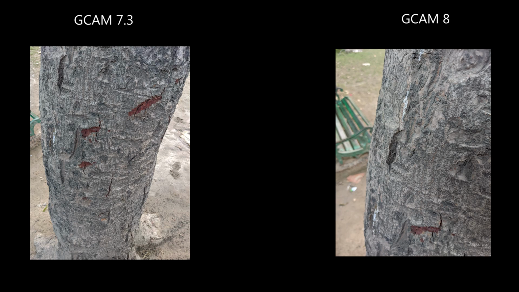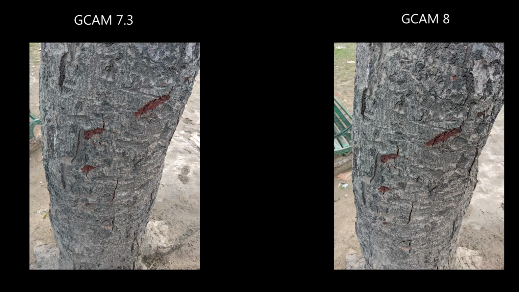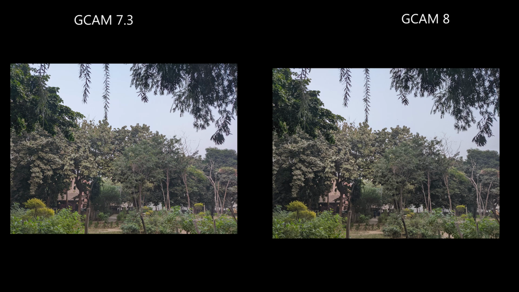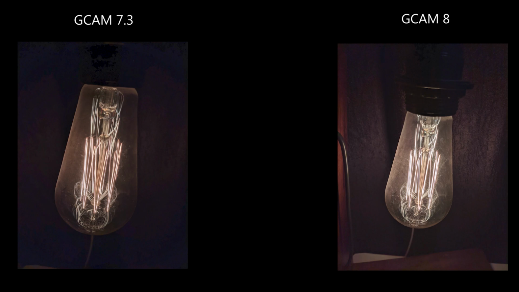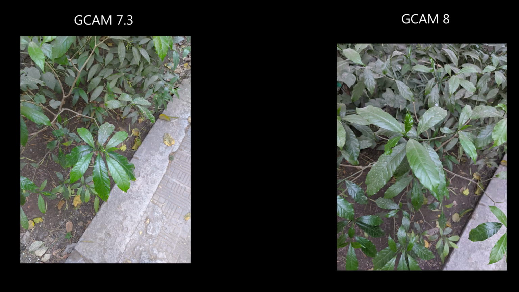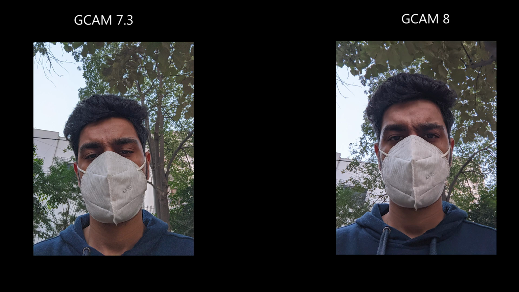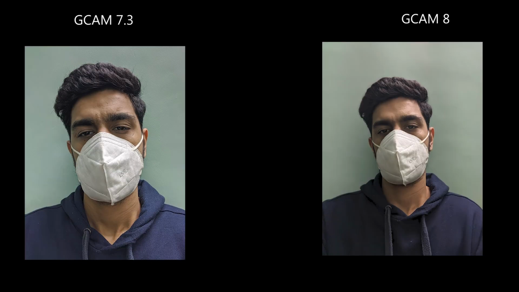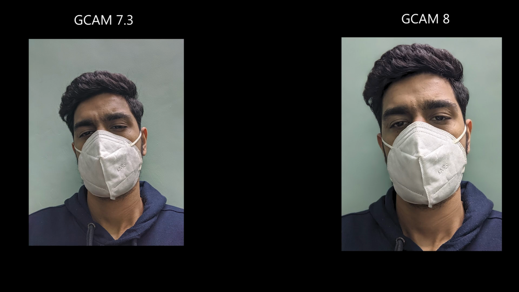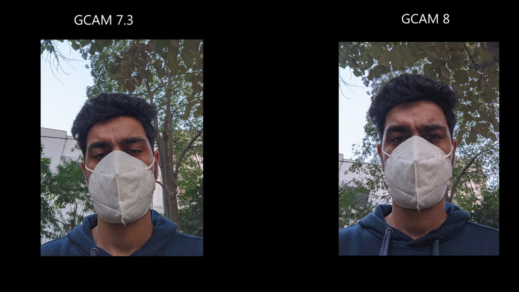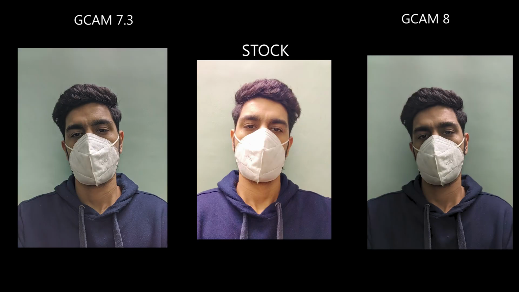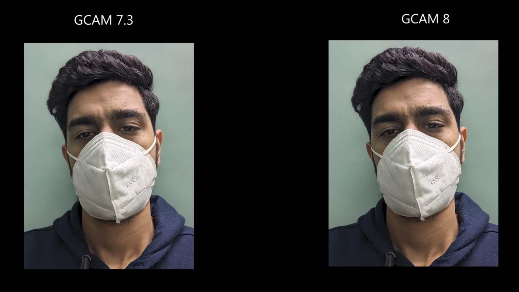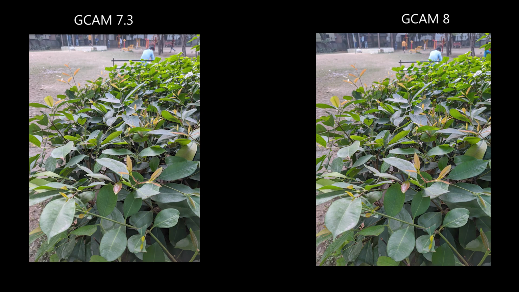Here are some image samples shot from the rear facing camera, and I do prefer images from the older version mode. So here are some more samples to give you guys an idea about the image quality from this Gcam Mod 7. Also, here are some samples from the front facing camera, and here you can see that the stock camera changed the color of my hair quite a bit, which is something I did not want in the first place. And the images shot from Gcam mod are quite color accurate, though some of you might not like it as it is quite aggressive in applying HDR to the subject, so totally your call here.